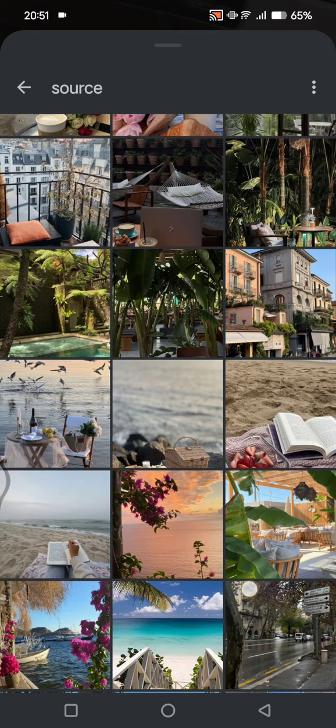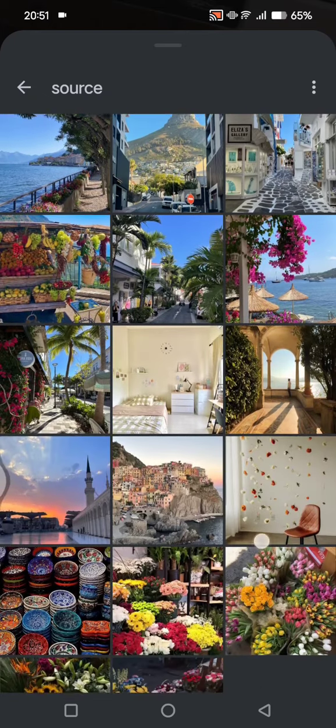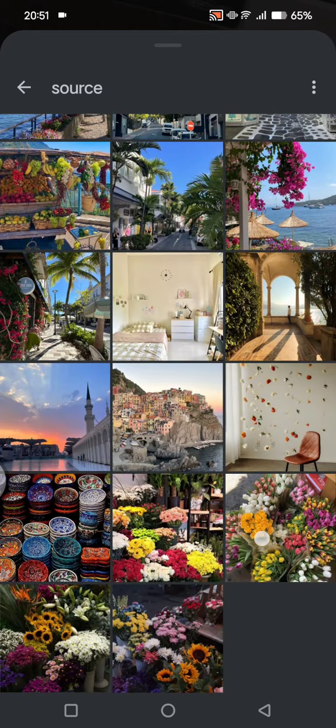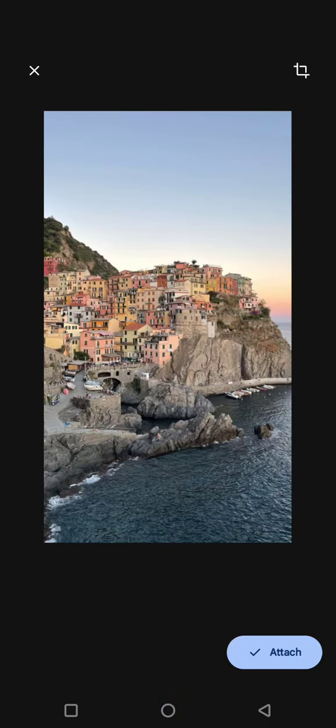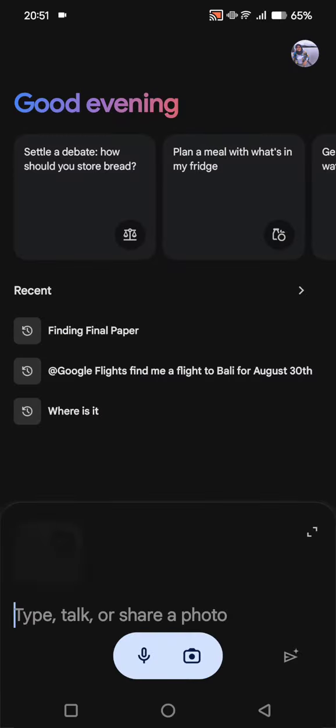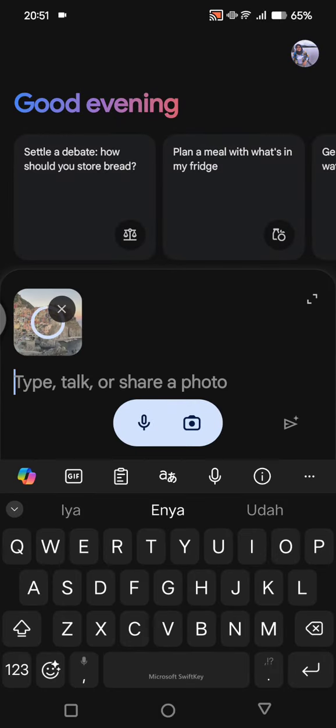I want to find out the name of the place. For example, okay, this one's right here. So just click on the photo, click on attach, and just wait until Google Gemini identifies the photo and